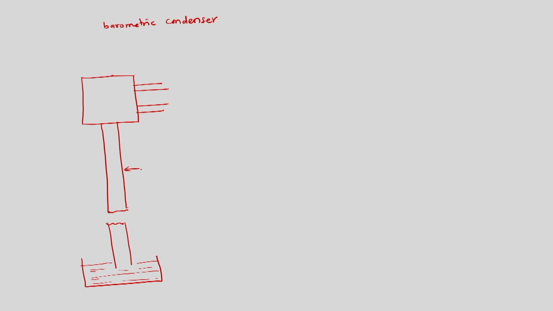So this is the tail pipe, and this is the hot well, and from here we are getting cooling water, and then this cooling water will splash over the baffles. So these are called baffles, and then we will have steam from the turbine,